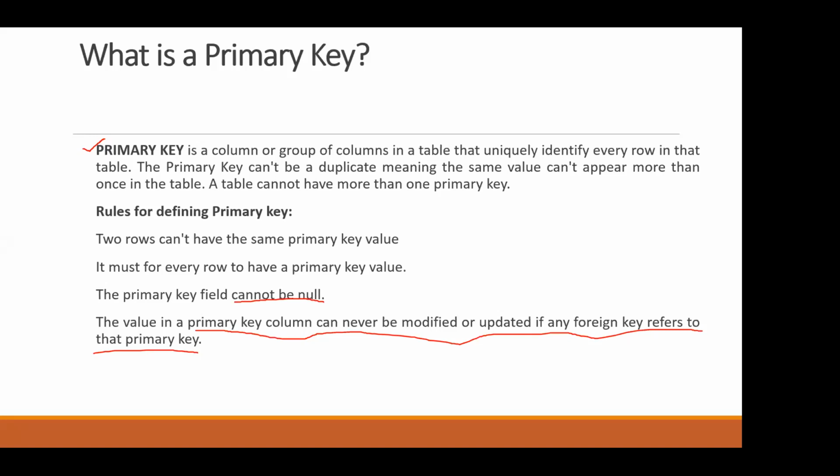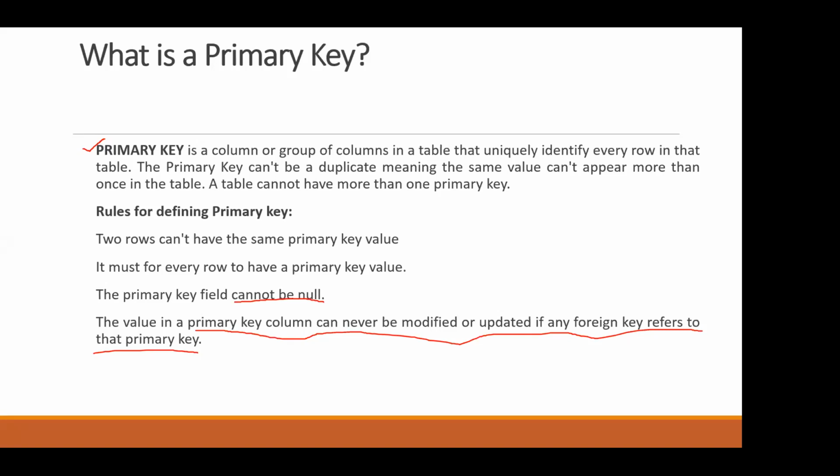This primary key will allow you to identify a row of data uniquely. Every row in that table is uniquely identified. The primary key cannot be a duplicate, meaning the same value cannot appear more than once in the table.